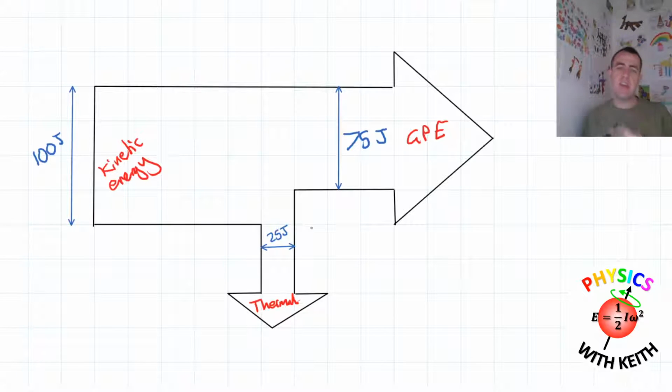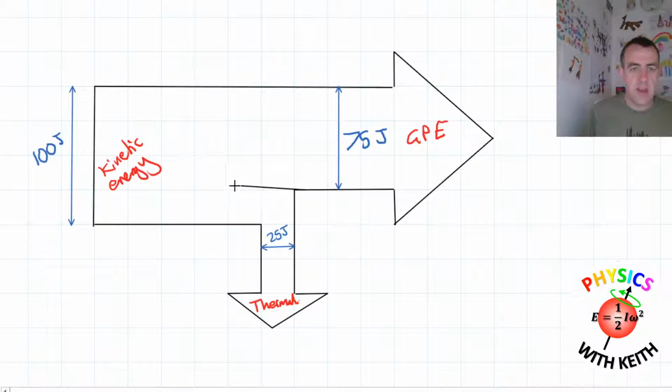And so that would be a Sankey diagram showing the kinetic energy of the ball. Only 75% of it is transferred to the gravitational potential energy of the ball, and 25% of that energy is transferred to the thermal energy store of the ball. And you can see clearly what's going on with these arrows. In fact, I could draw this arrow carrying on a little bit further back if you wanted, to make it a little bit easier to visualize what's going on. This bit at the bottom here has been sort of peeled off. And sometimes we draw this with a curve instead of an angle, but it's easier to draw with an angle, so there's nothing wrong with that.